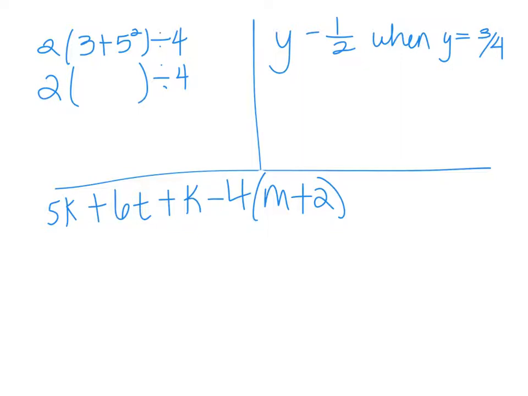So let's start with the parentheses. 3 plus 5 squared. Well, I need to square the 5. So 5 squared is 25, and then add on 3. So 25 plus 3 would be 28. And then I need to multiply 2 times 28, and that would give me 56